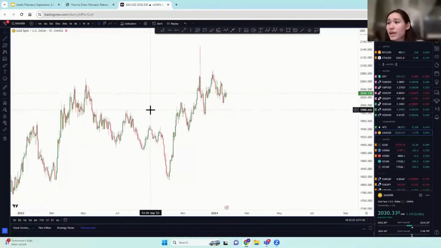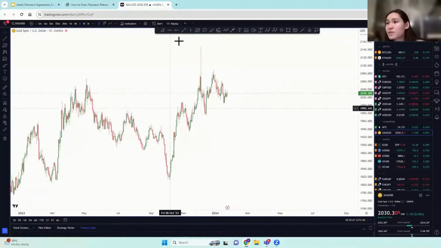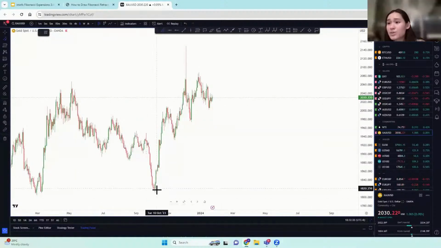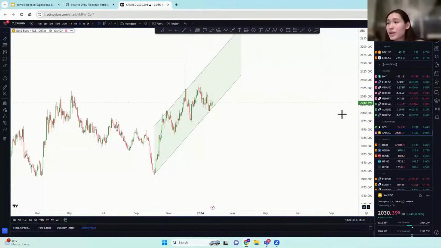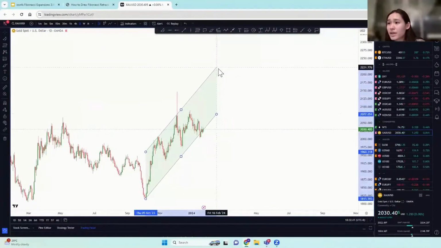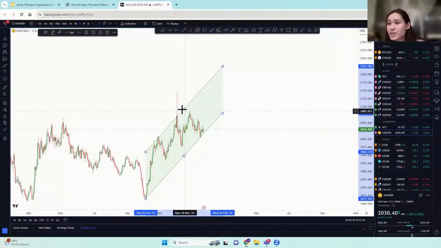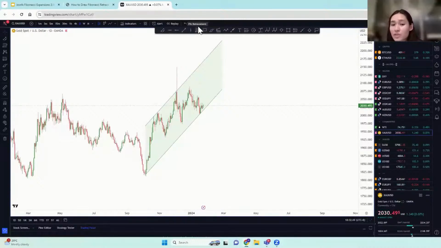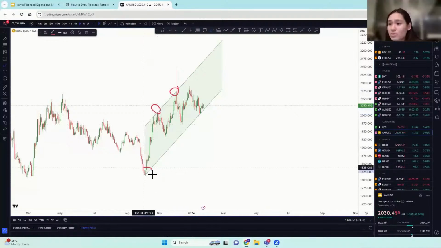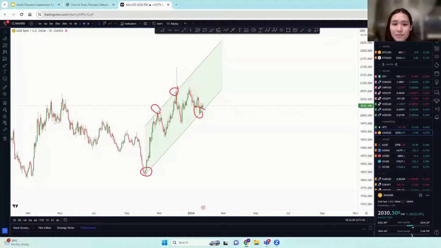Okay, let's look at our daily time frame now. Firstly, our first step is always to look for any trend lines or trend channels, just to see if we have a general direction. And you can see that price is moving within this ascending trend channel. So just to recap really quickly, what makes a valid trend channel is if there are two touches on top and two touches at the bottom of the trend channel.